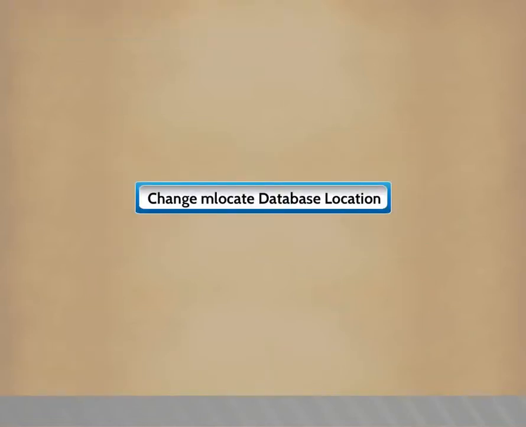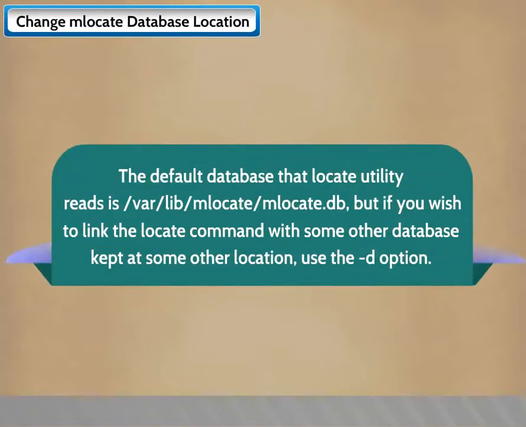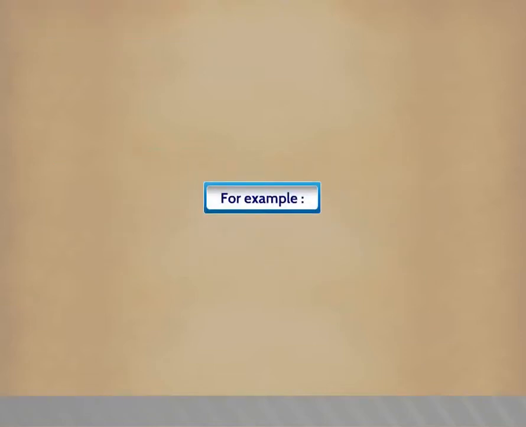Change mlocate database location. The default database that the locate utility reads is /var/lib/mlocate/mlocate.db. But if you wish to link the locate command with some other database kept at some other location, use the -d option. For example,